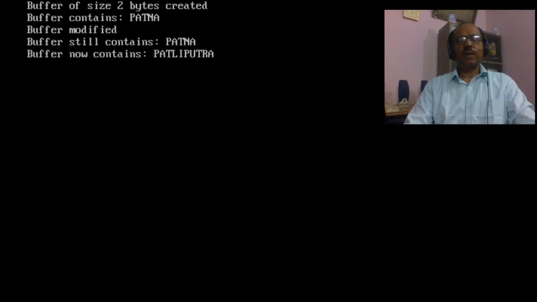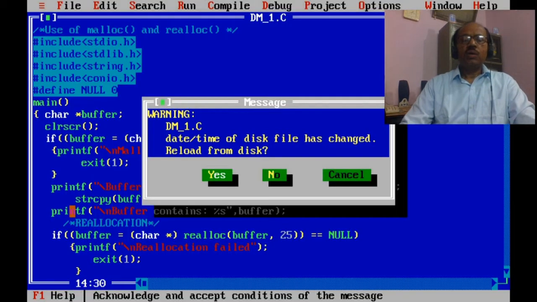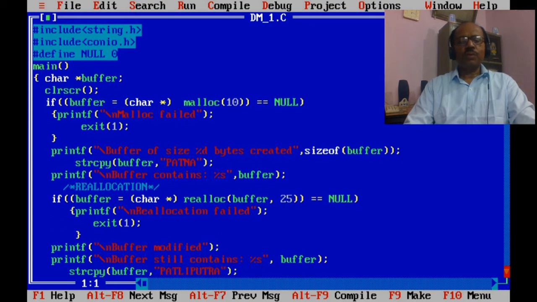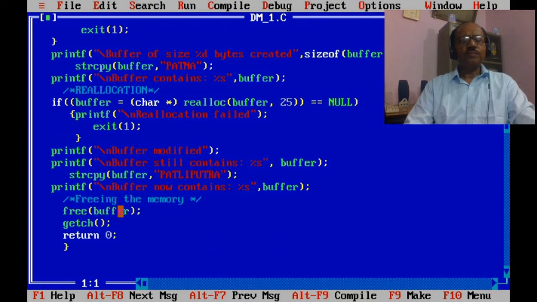Buffer now contains Patliputra. So you saw here how buffer memory space is allocated during runtime using malloc. If required, that memory is changed using realloc, and after completion of the job we free the allocated memory using free. So this is the use of malloc, realloc and free.